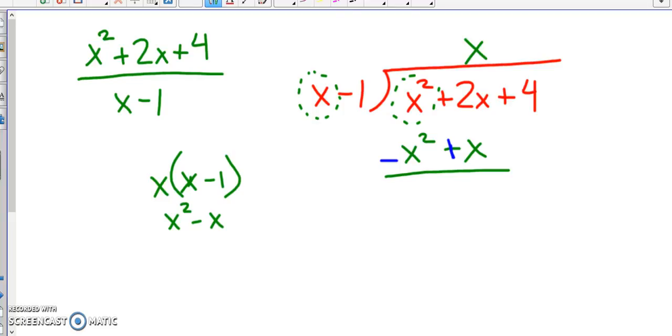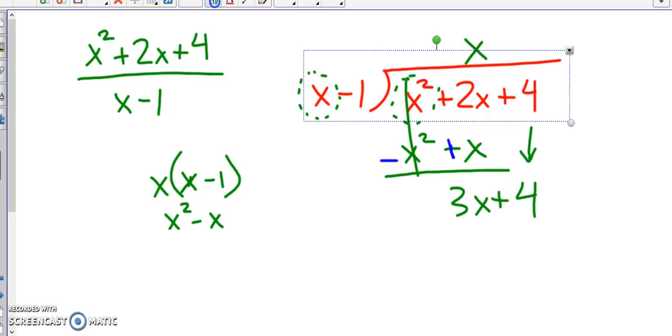So anyway, x squared minus x squared, that cancels out. If you do this right, it should always cancel out. And then 2x plus x is 3x, and then you bring down your 4, so that's 3x plus 4. And then I repeat the same process. I look at this x that I drew the dotted circle around over here, and I say, okay, what do I have to multiply this x by to get